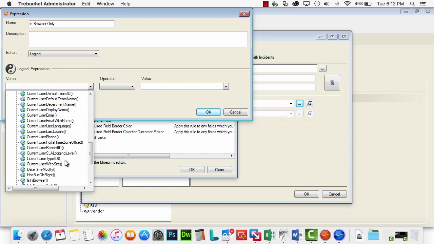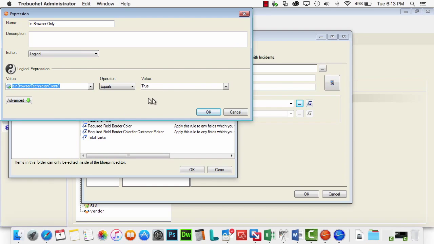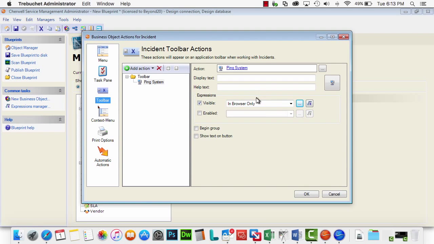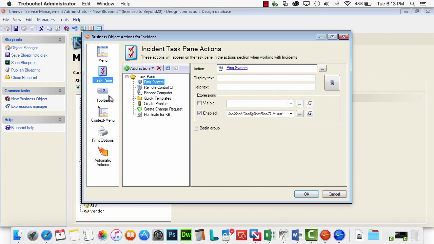and then simply use one of our very handy system functions, is in browser. Actually, I could say is in browser technician client to be very specific, but of course the toolbar is not available to the portal, so either of those will work. But once I've clicked that, I create it, ta-da. Now it'll only show up when I'm in the browser. It doesn't show up in the smart client. The smart client still has the task pane on the left, and now ping system is available very quickly and